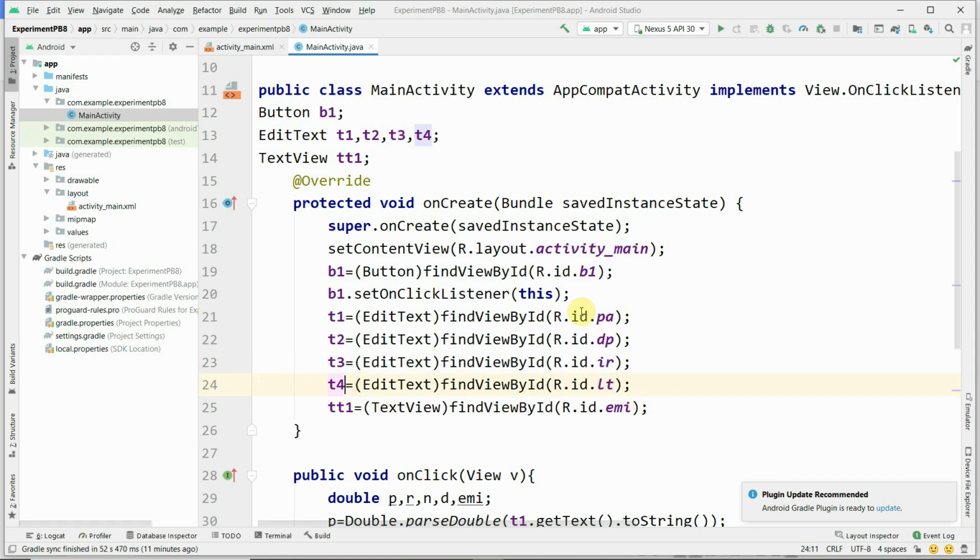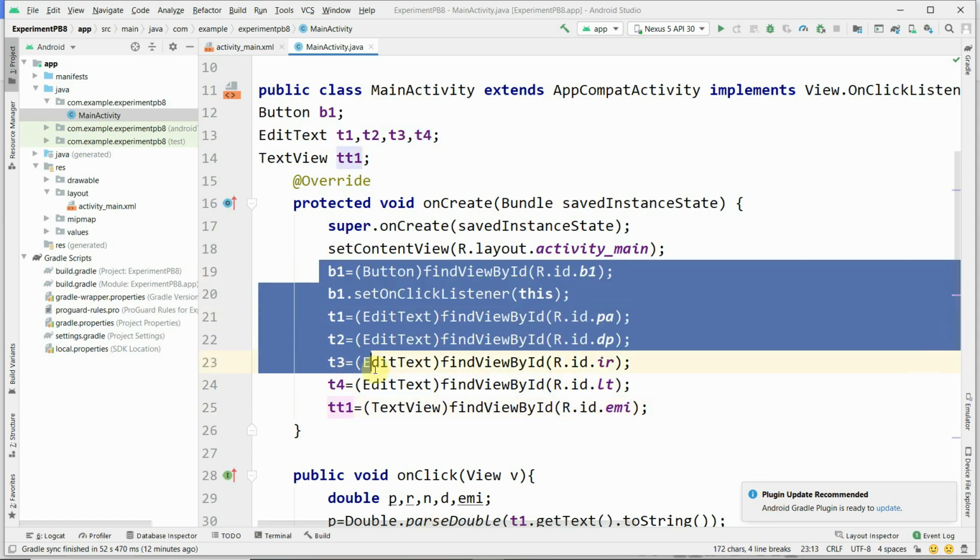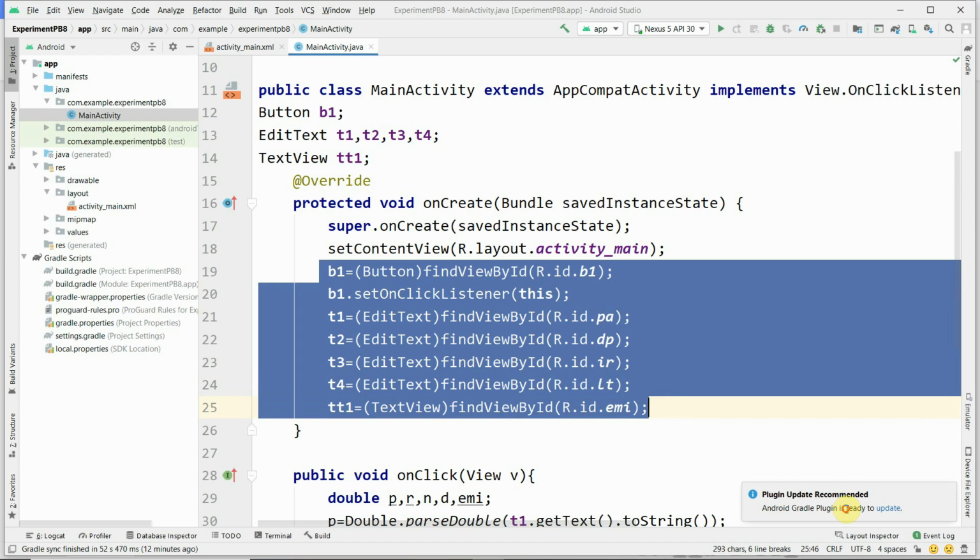Okay, these are all interface controls: pa to t1, dp to t2, ir to t3, lt to t4, and emi to tt1. This way we are mapping.